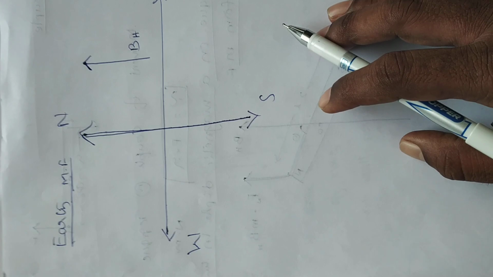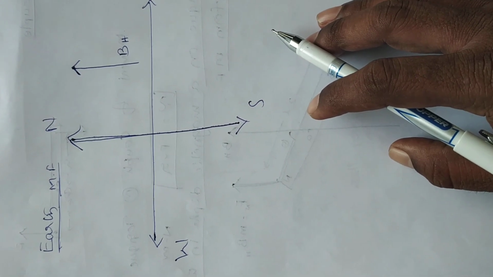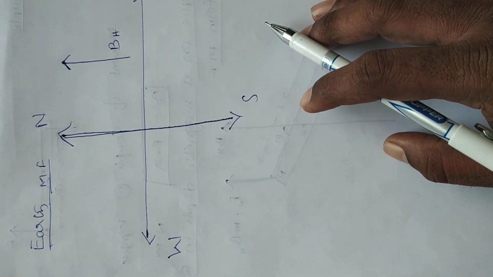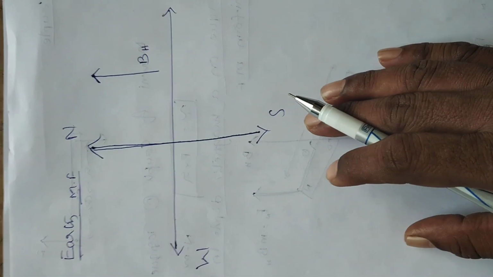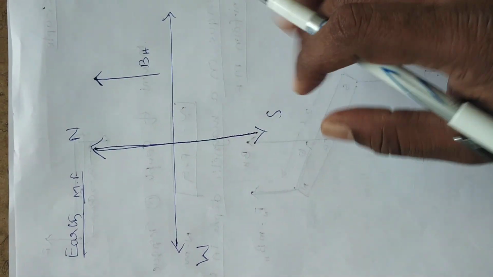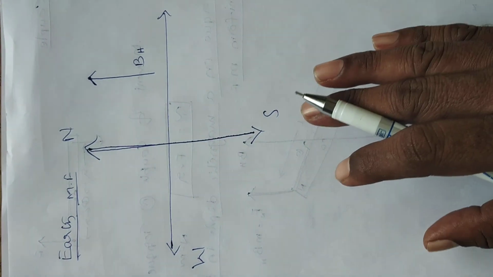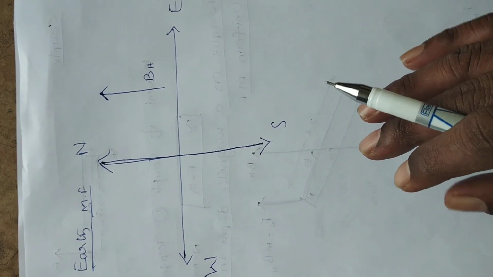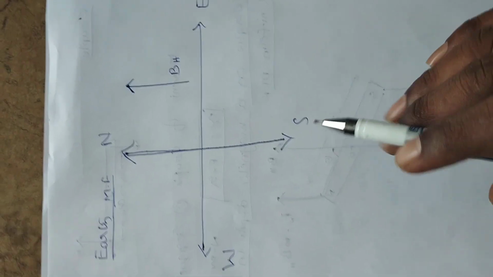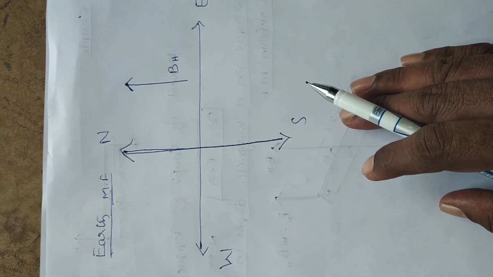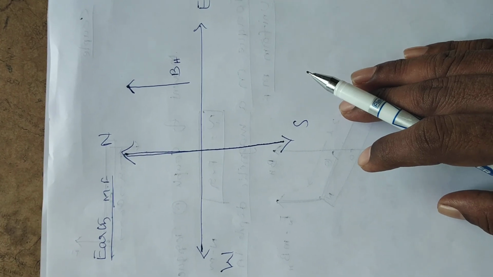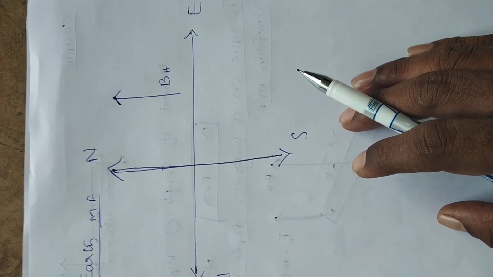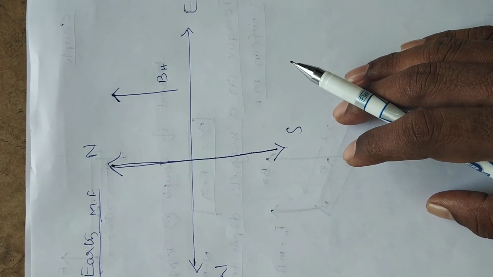Before we discuss it, you should know very well what is meant by the horizontal component of Earth's magnetic field and what its direction is. Please remember, my students, what is the direction of BH, where BH is the horizontal component of Earth's magnetic field. Earth also behaves like a huge bar magnet. It has a magnetic induction B at any point. B will be resolved into two perpendicular components, BH and BV. BH is the horizontal component and BV is the vertical component of Earth's magnetic field.